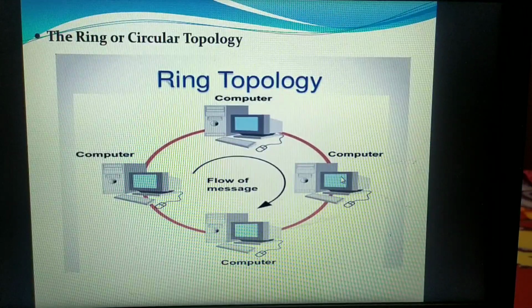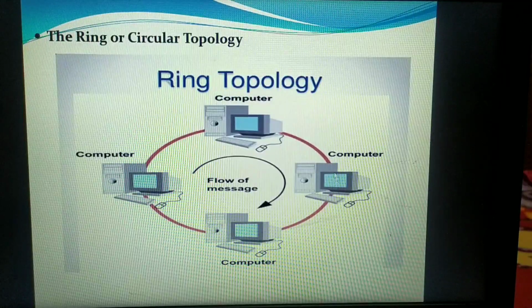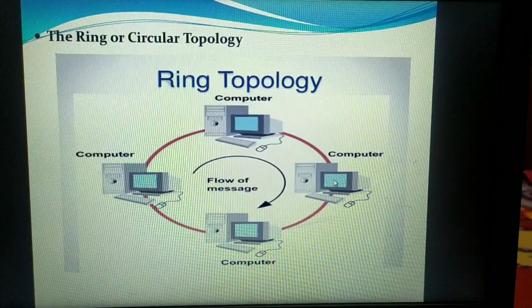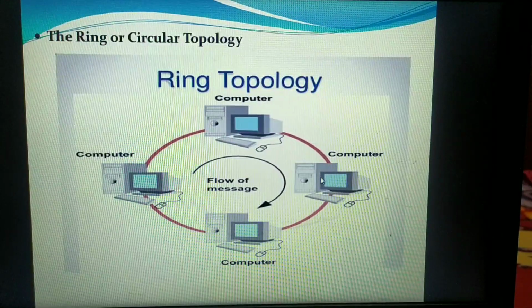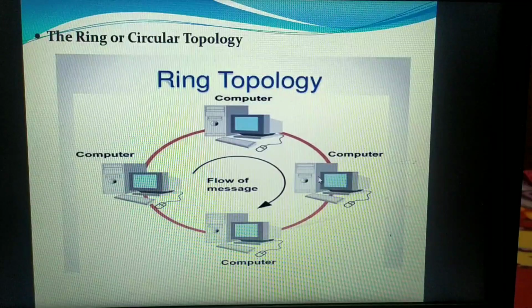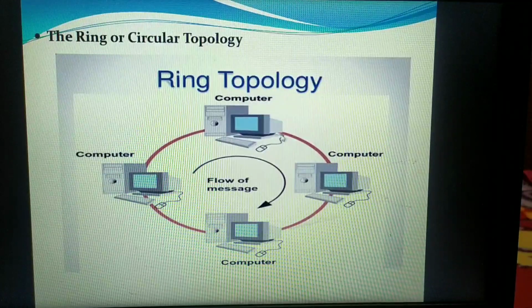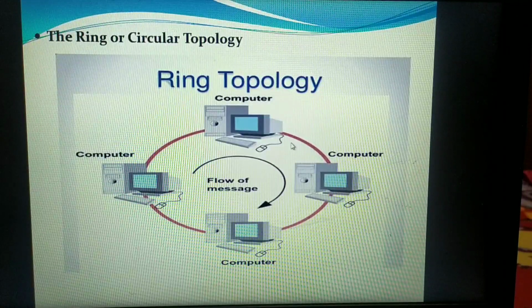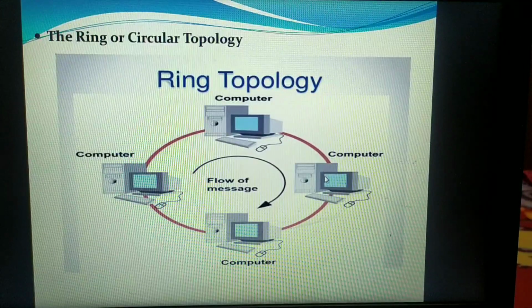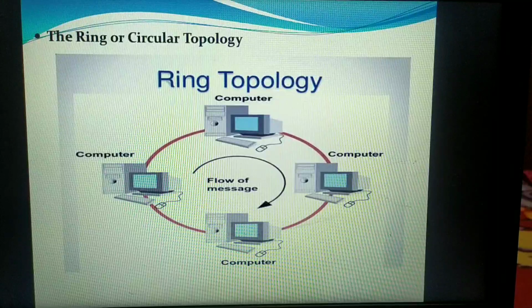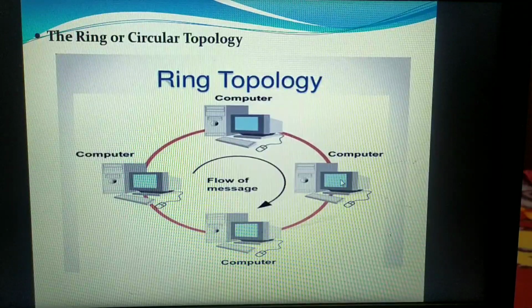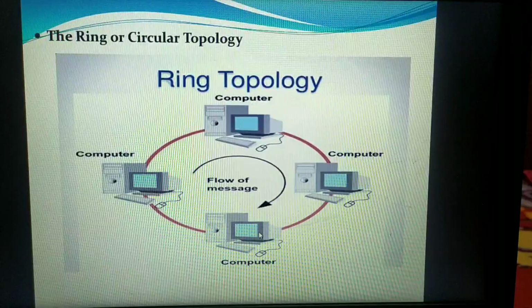When the data packet arrives here, it examines its IP address. The data packet's IP address doesn't match the destination IP address of this node, so it will not be discarded immediately or transmitted as it is. Instead, the data packet will undergo amplification. This node will amplify your data packet. Because your data packet has traveled through this distance, its signal will be weakened. This amplifier will strengthen the signal, and then this node will forward the packet to its neighboring node.